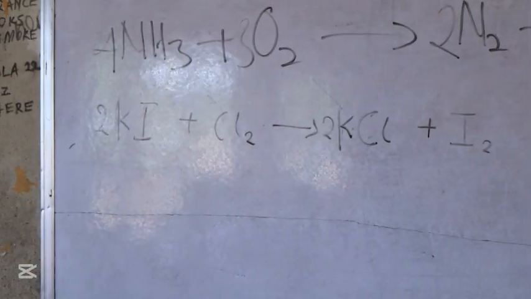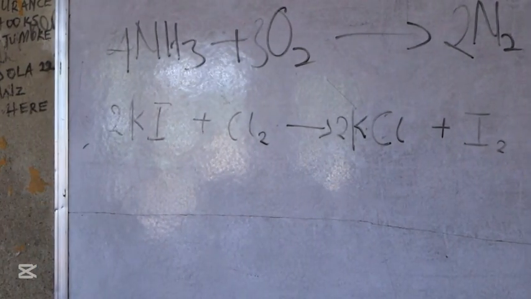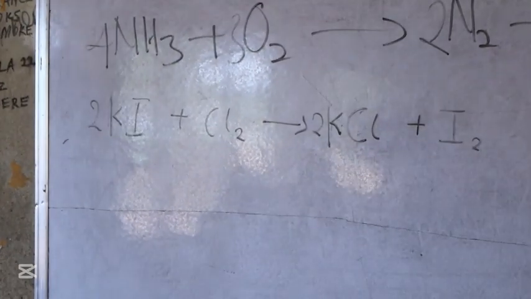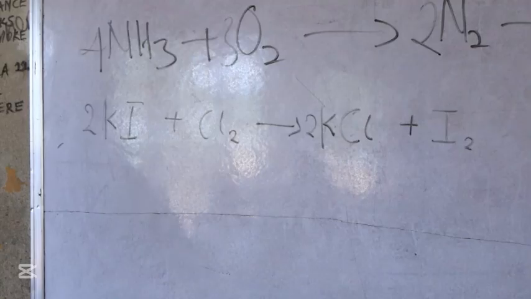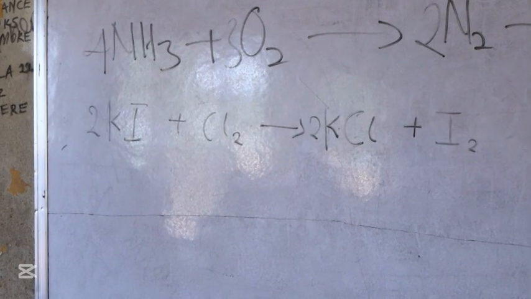And what you are going to have will be potassium chloride and iodine. So that is right. Clap for her. So then we have an equation